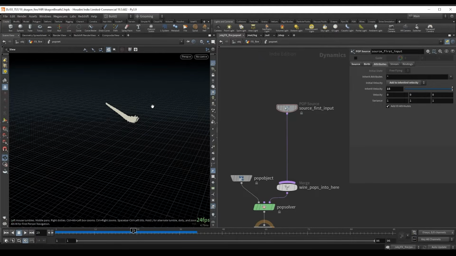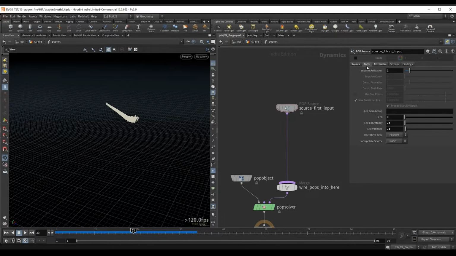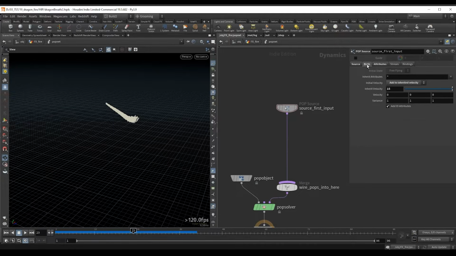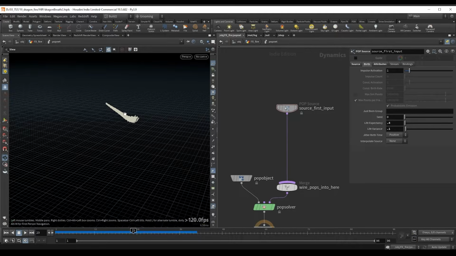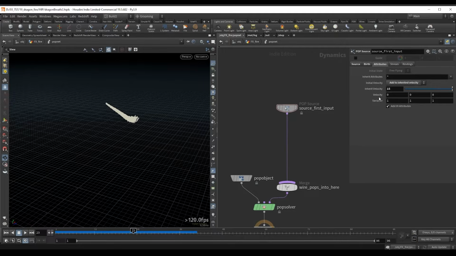So right away I want to mention that the inherent velocity value here, and also how long the particles last, will drastically affect the look of this effect. So these are very important parameters that I did a lot of tests until I got right. So the life expectancy and again the inherent velocity, these are very important to play around with and test things out. Because for example, I think the inherent velocity kind of makes sense, right? So if I increase this to 25, then our fire will move even faster. So let's set this back to 15.